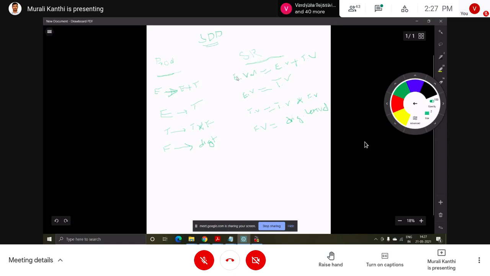Now one expression is given to verify, that is to evaluate: 5 plus 3 into 4. Here what we have to do is first draw the parser tree. The parser tree is compulsory.